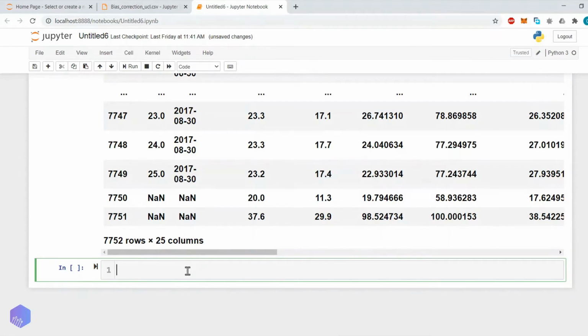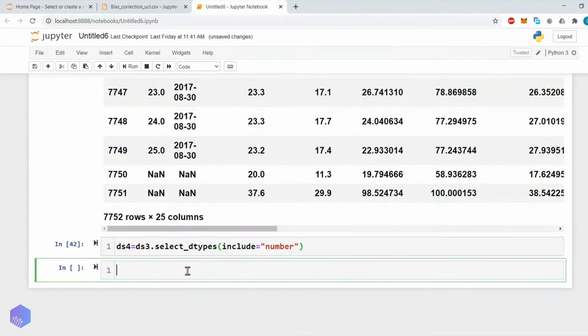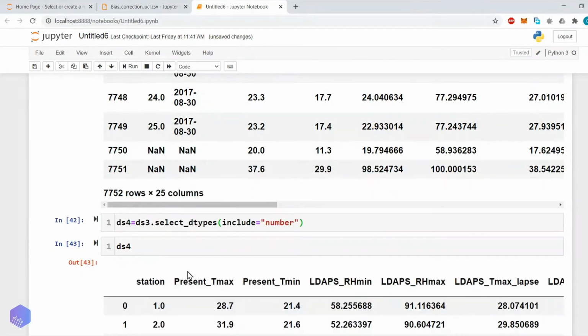Let's say ds4 is equal to ds3.select_dtypes. Here you specify that I want to include all the numbers, and now in ds4 all the numbers are there.